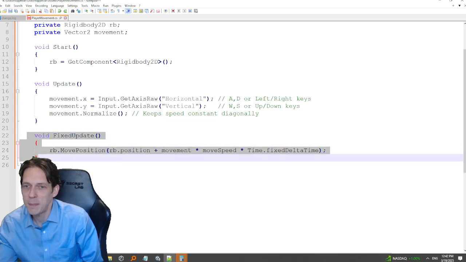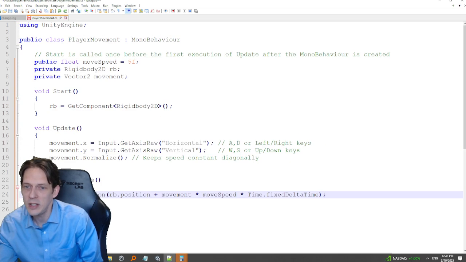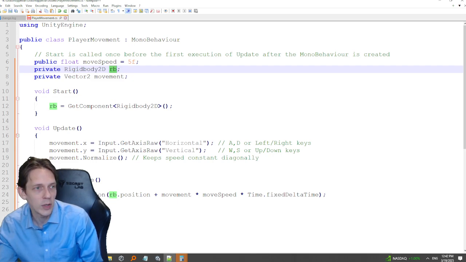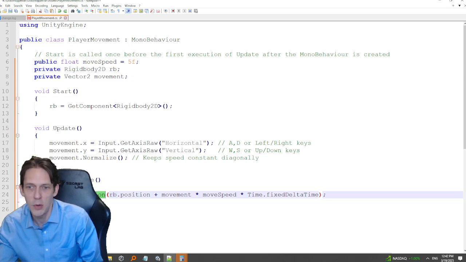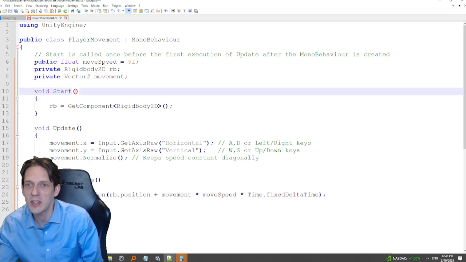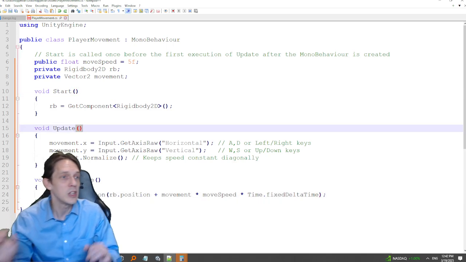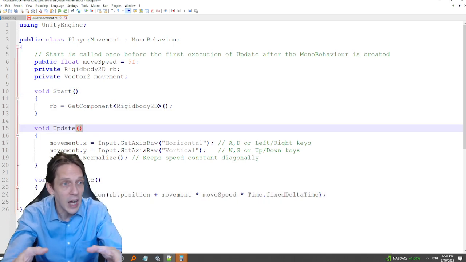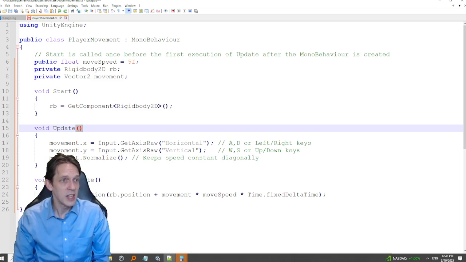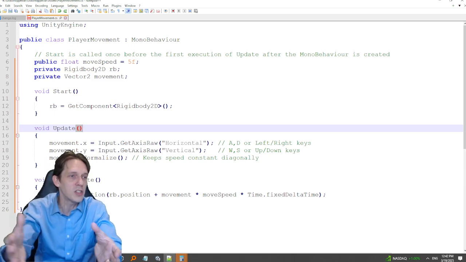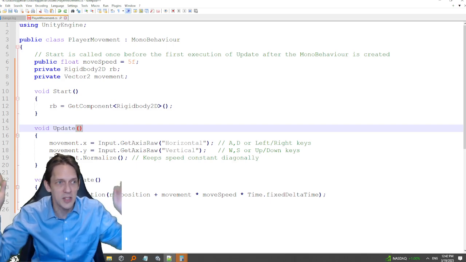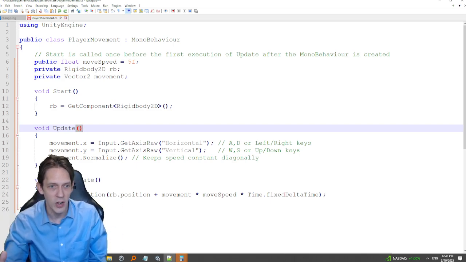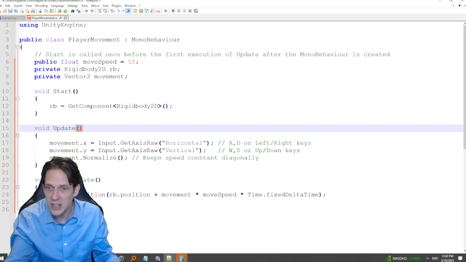And then finally we have FixedUpdate. So rb.MovePosition. So rb is the rigidbody. That's this class. Within this class, which is in the Unity engine, written by someone else, is a function or method called MovePosition. That method receives arguments. What are arguments? Arguments are the things that go inside these parentheses. They're user-provided data. That's what arguments are. You get to say what it is. The user can give numbers or words or whatever the user wants to put in there. That's what arguments are. You can take as many of them into a method that you want.